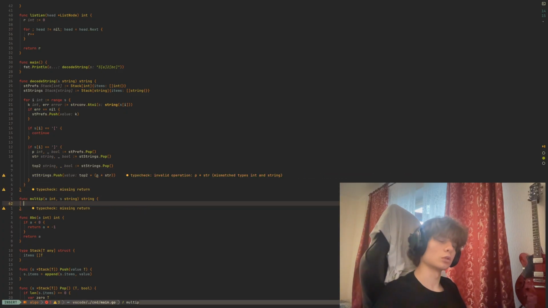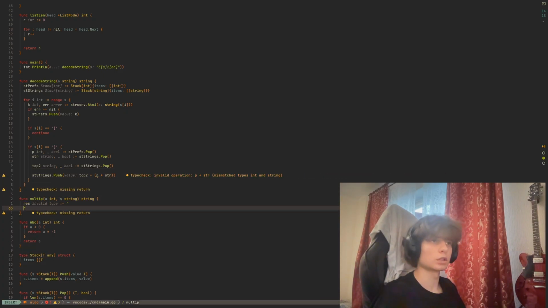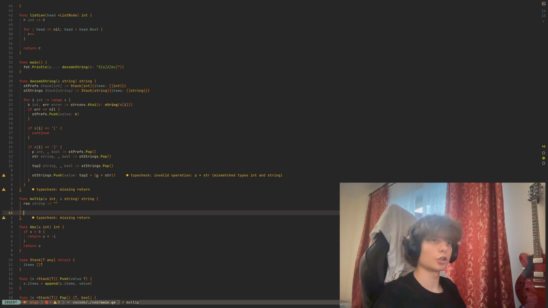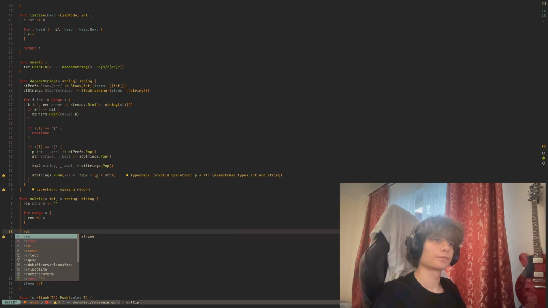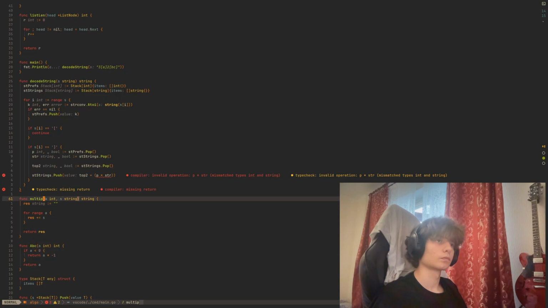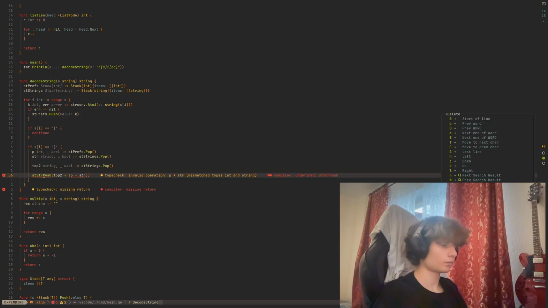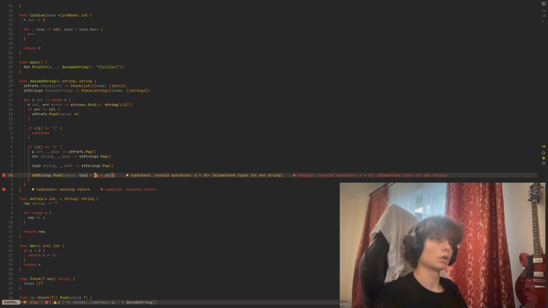So this equals a null string, for range a, res